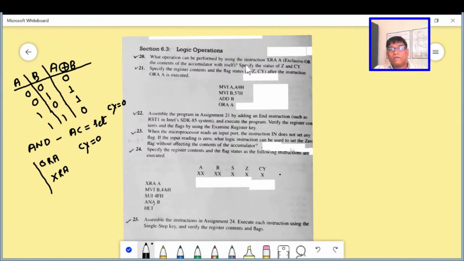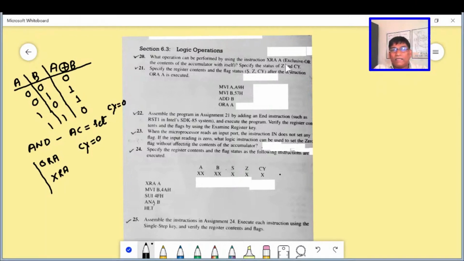Now we have to answer the first question. What happens after executing XRA? I think you can answer some of it.